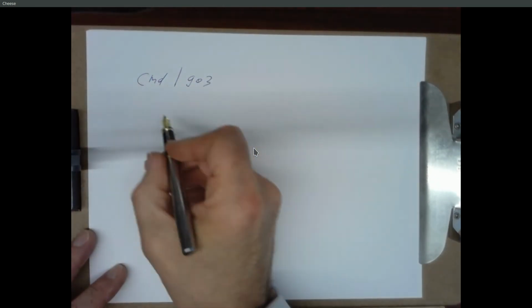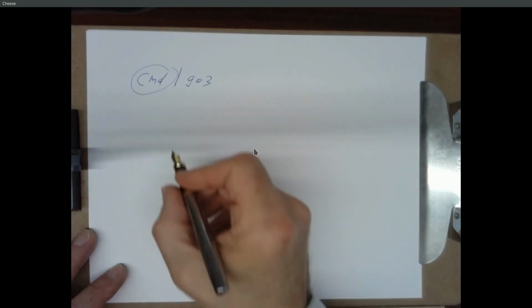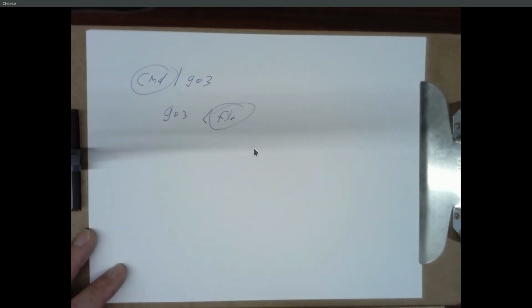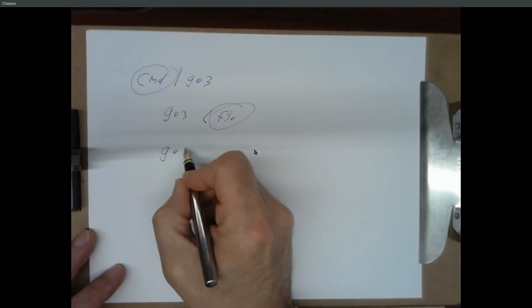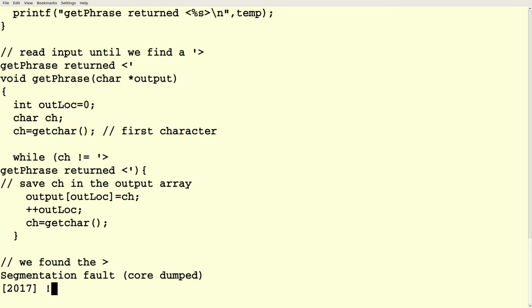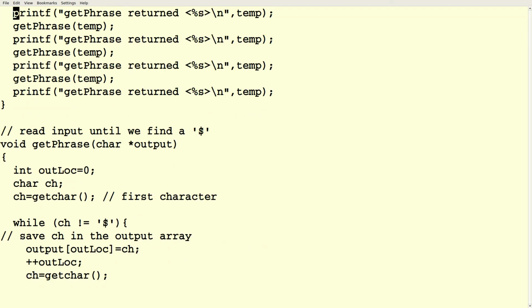In this case, getchar reads the output of this command. In this case, getchar reads the contents of this file. In this case, getchar reads from my keyboard. Those are usually the three main sources. So when you ran the program on itself, you got a segmentation fault. Yeah, because my phrase got too long. So if you change it from being a dollar sign to EOF, will it just run and print out the entire thing? It would print out the entire thing.